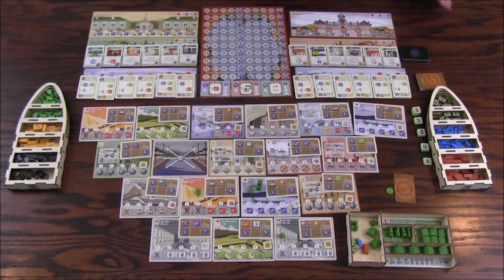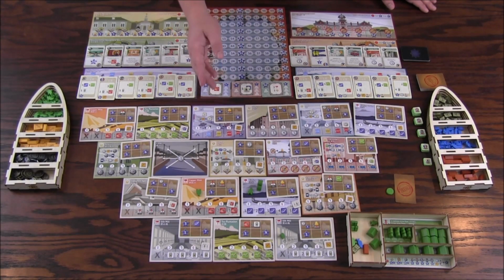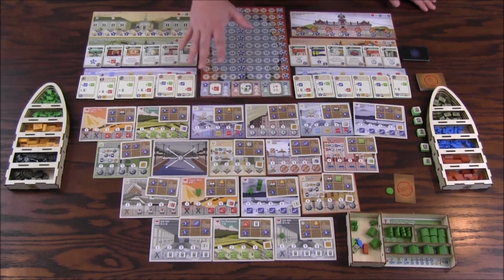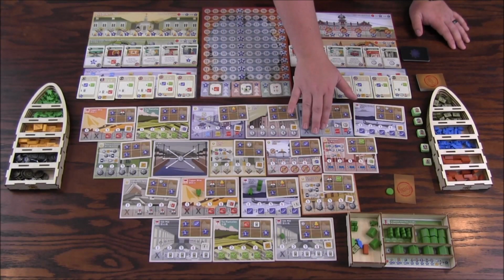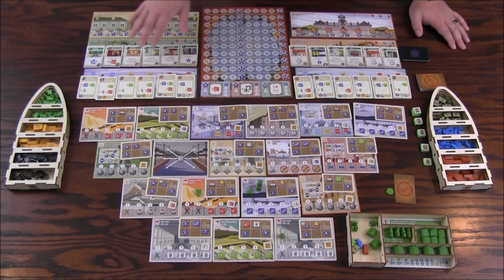some victory points. In addition, when you take this action, you can actually pay money or an import good to take a second card of the level that you are allowed to take. This one produces money, much like the other ones produce resources. This one here is similar to this one here in that it lets you take the contract cards, but it lets you take them from the port management board as opposed to the dock management